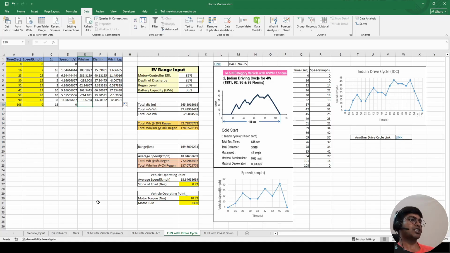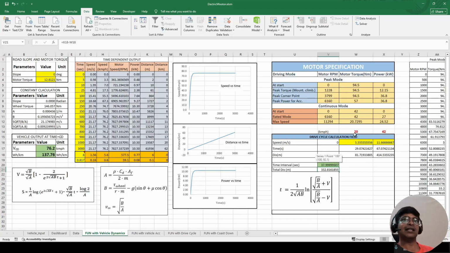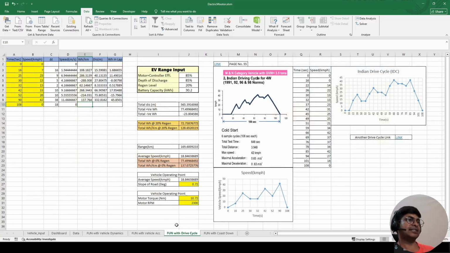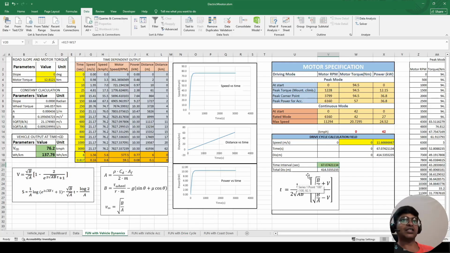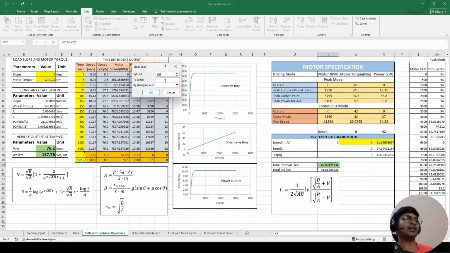So let's come to this sheet, which is the vehicle dynamics sheet, and then let's put here 0, and what is the time required? Time required is 18 seconds. So let's come here and then use our friend goal-seek, put the time 18 seconds by changing this torque,